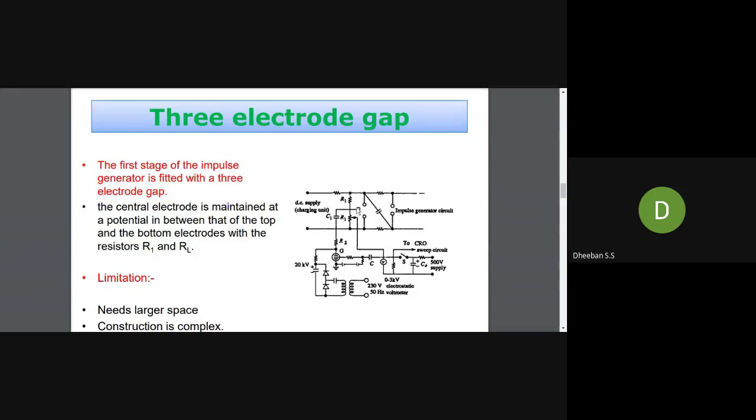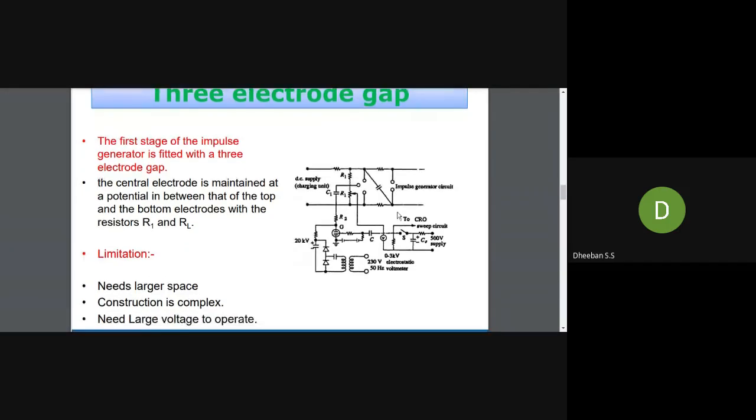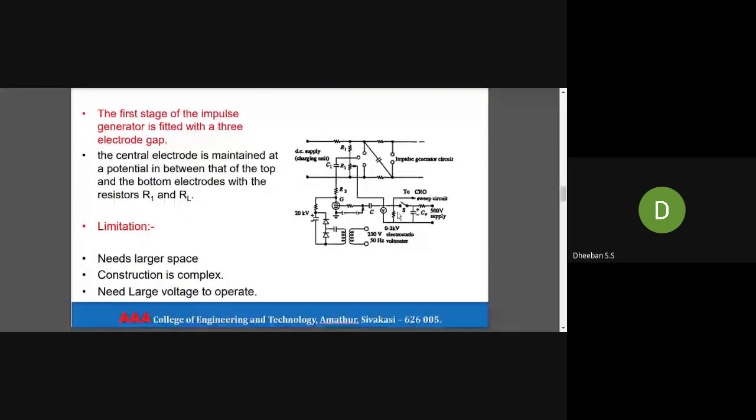The third electrode will trip the voltage between this pair gap, and in turn it generates an impulse current. The circuit is a complex one, as you can see from the circuit diagram, and it needs a very high